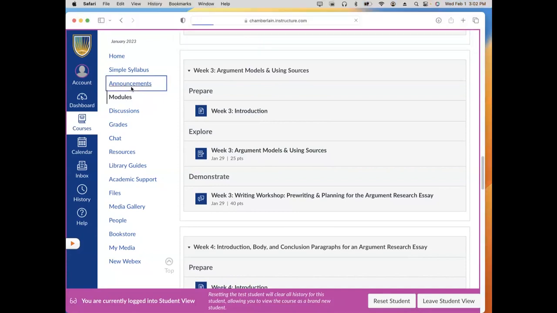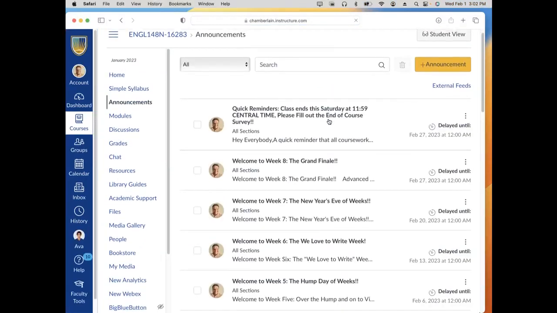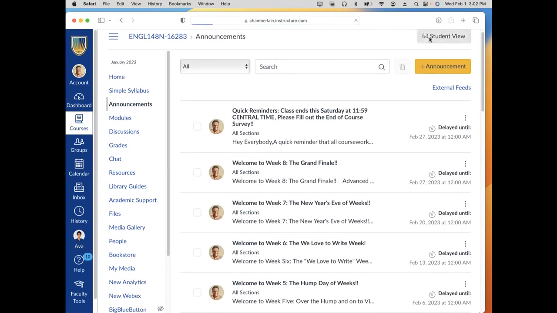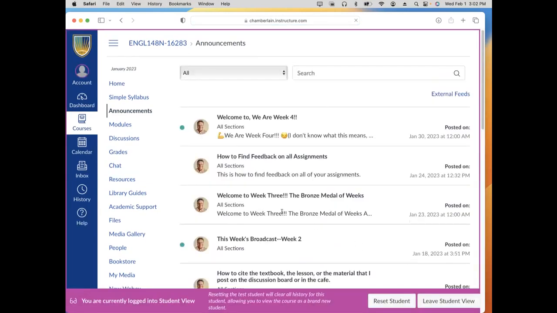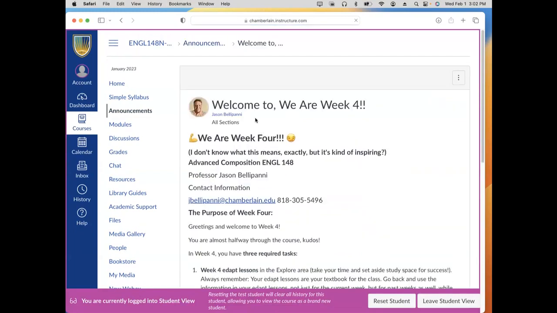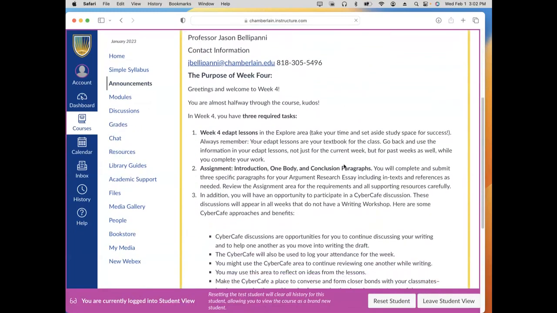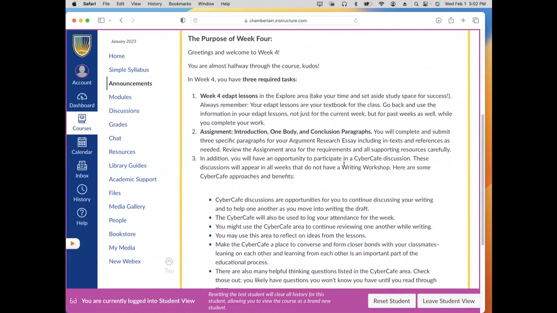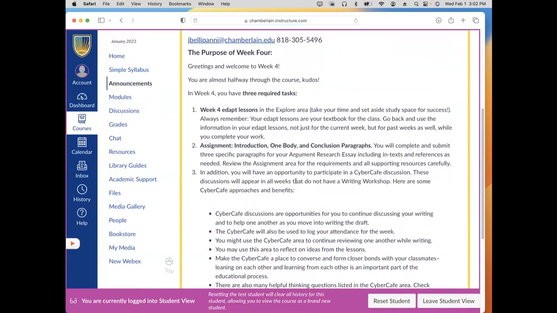So here we are. This is week 4. It's basically this week you have the EDAPT lesson, like we have every week that you go through, and then the writing assignment. The assignment is you're basically writing 3 complete paragraphs. You're going to write the introduction, one of the body paragraphs, and then you're going to write a conclusion